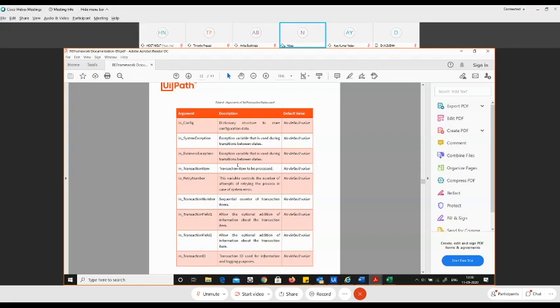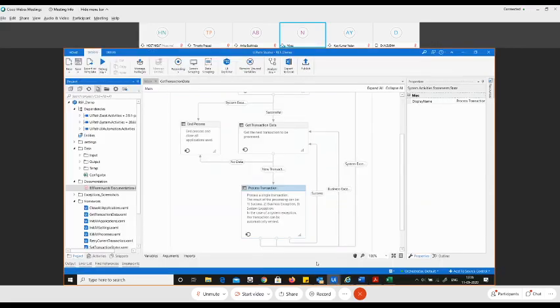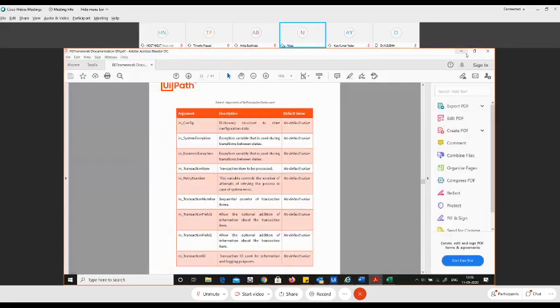So feel free to read this documentation, because it's a one-stop place where everything about the RE framework is combined, and you can read it and understand more from it. Now, let me quickly show you an example that we have built on the RE framework.